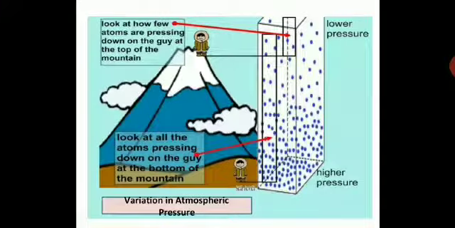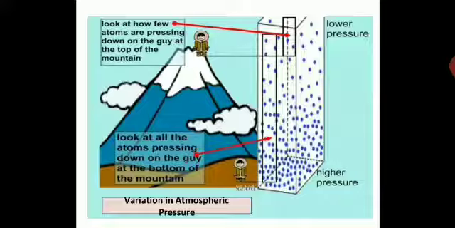Now you can see over here a person standing at a high altitude, suppose on a mountain. Here you have the diagrammatic representation of atmospheric gases, the spread of the particles in the atmosphere. It is shown in the cuboidal cylinder. So now you will see, you can compare, you can understand with the help of this.